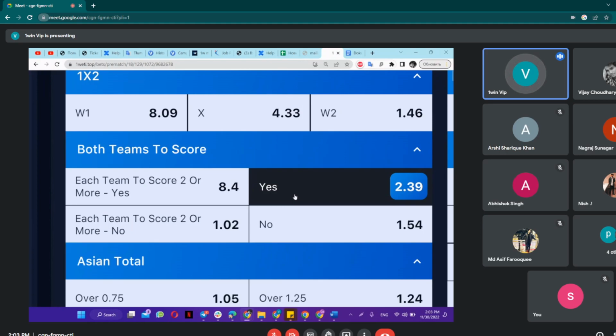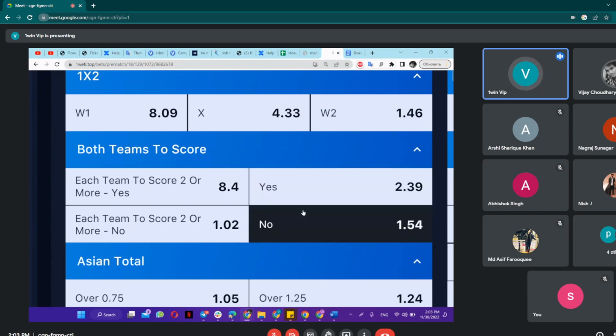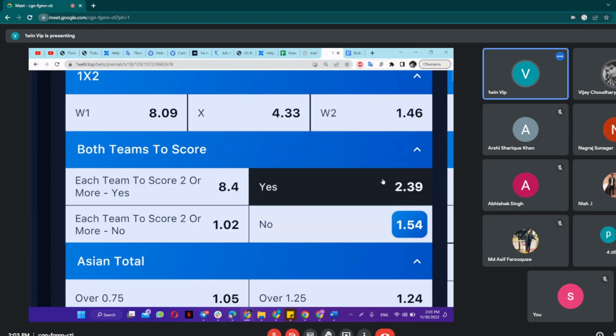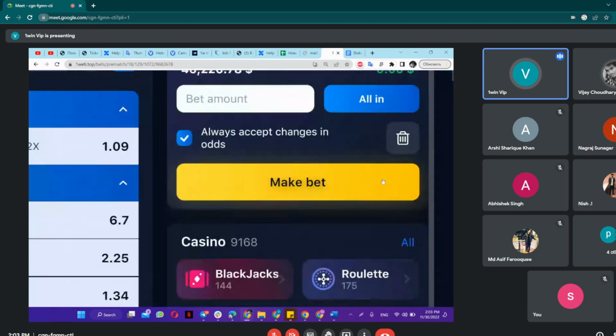So possible scores to win this bet, both teams to score: 1-1, 1-2, 2-1, 2-2, 2-3, 3-2, etc. So starting from 1-1, each team made one goal, and then higher. Anyway, this bet will win. But we have also both teams to score no. And we have a few different ways